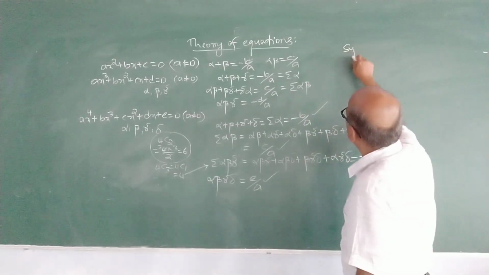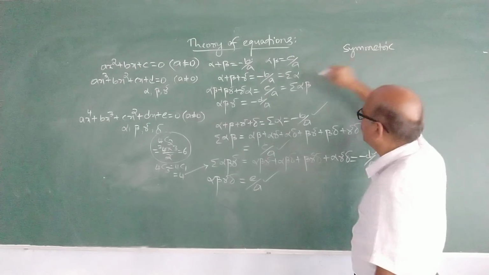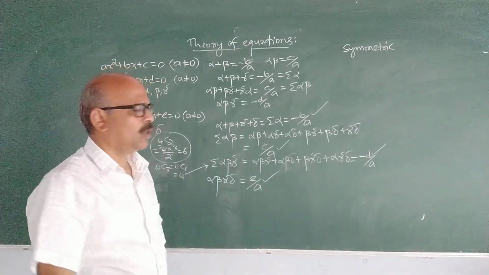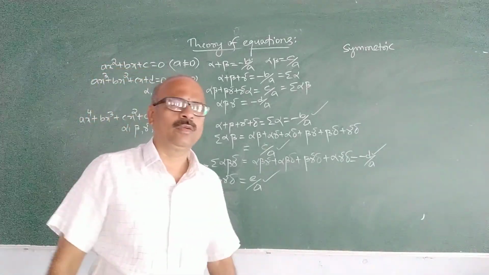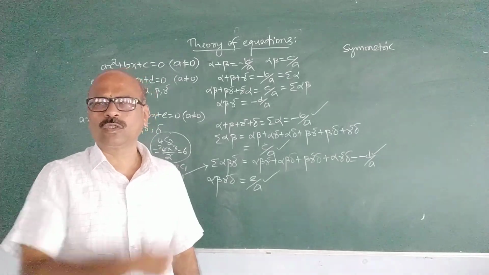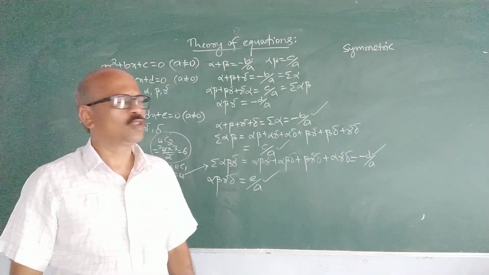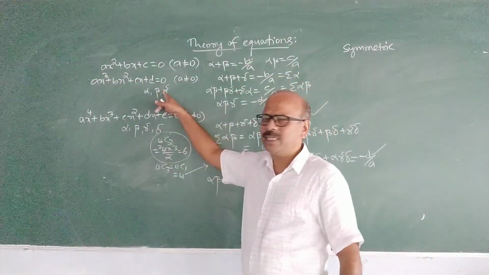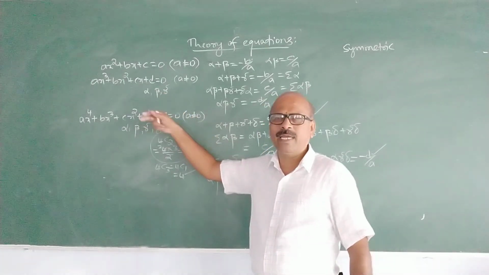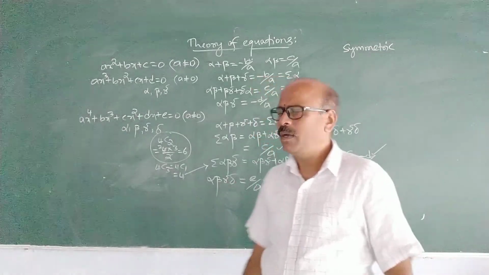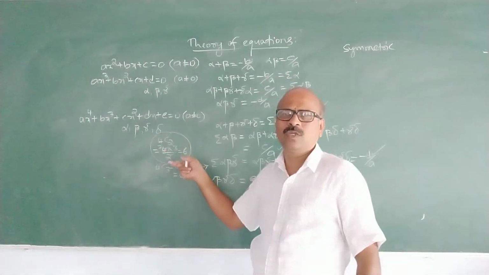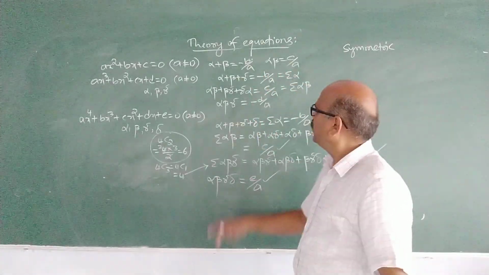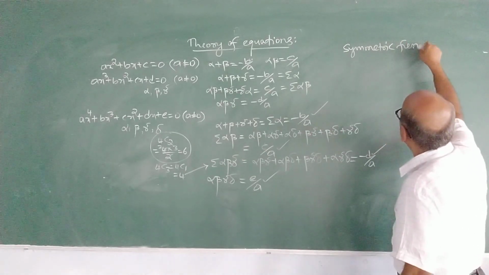Now I consider some problems based on this relation between roots and coefficients. This relation between roots and coefficients is used to solve equations also. What do you mean by solution of an equation? Finding the roots, all the roots of the equation, is called solution. To solve up to degree 3, a cubic equation, there is a general method. For equations of degree higher than 3, there is no general method. For that, we have to use this relation between roots and coefficients, or use other things to solve the equation. That we consider later. Now, to begin, I consider symmetric functions of roots.